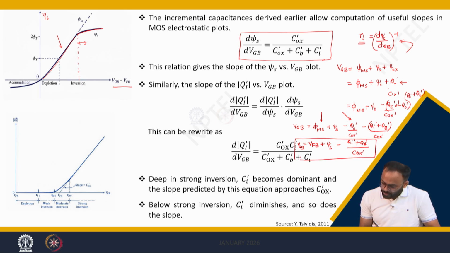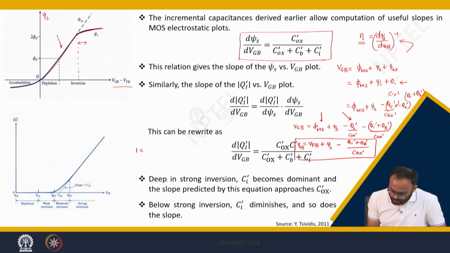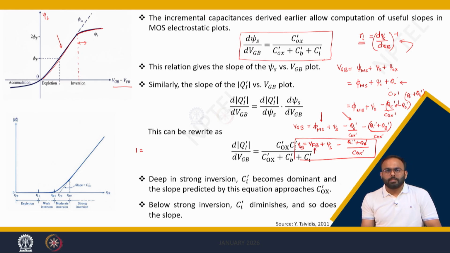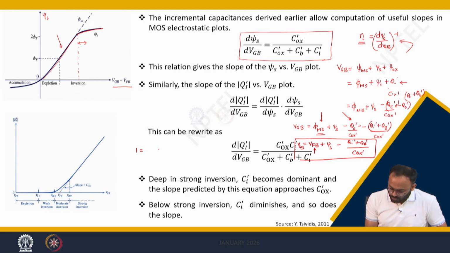Now, we are interested in calculating the slope, meaning d psi by dVGB. So, let us differentiate this equation with respect to VGB. We will get 1 is equal to the differentiation of flat band voltage with respect to VGB, which is 0, because flat band voltage is constant for a particular value of work function and the oxide charge. So, this is 0 plus, as you are differentiating this equation, let us say equation number 1, with respect to